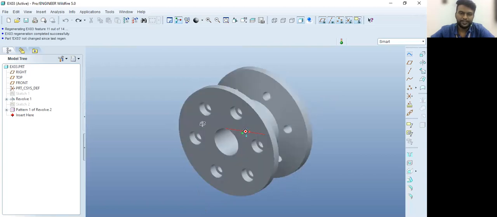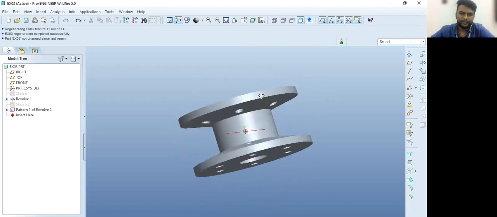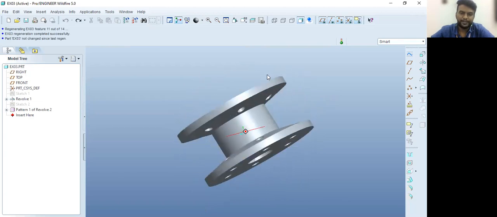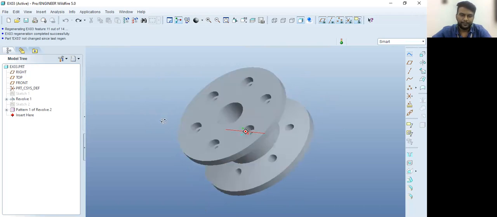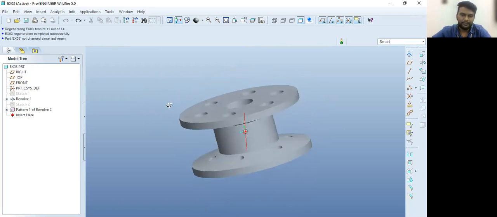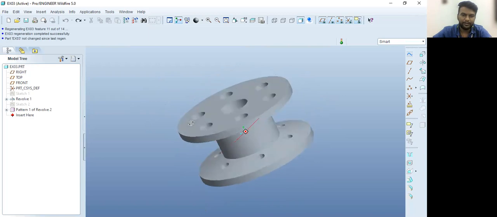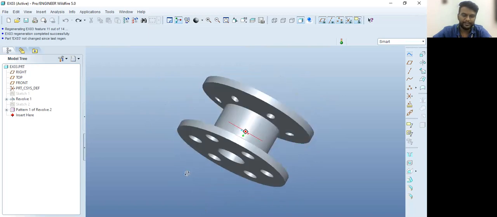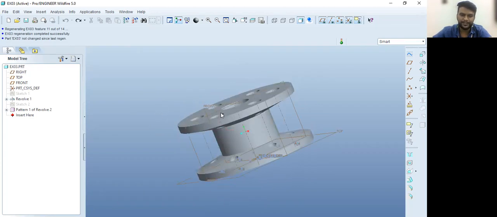In today's lecture, we are going to see about revolve feature and pattern feature. The aim of this experiment, that is experiment number 3, is to learn about the revolve feature and the pattern feature. You can see here the geometry that are axisymmetrical, meaning symmetrical about the central axis, that we can create using the revolve command, such as cone or the simple cylinder. Such kind of geometry can be created using the revolve command, or it can be a complicated geometry, such as this.